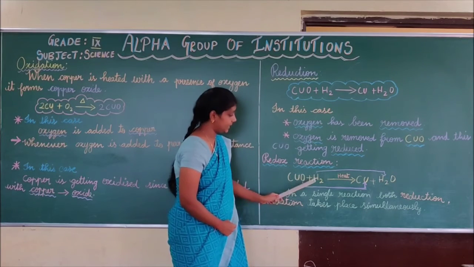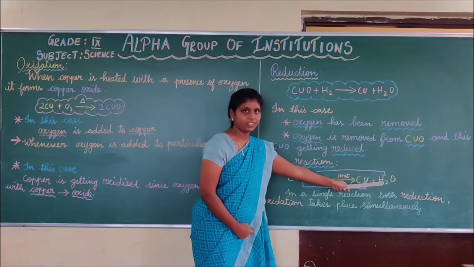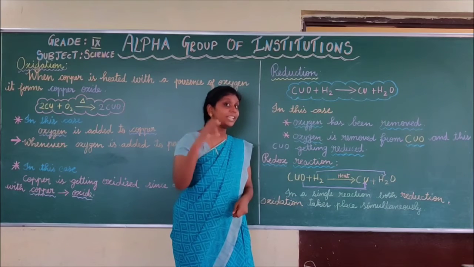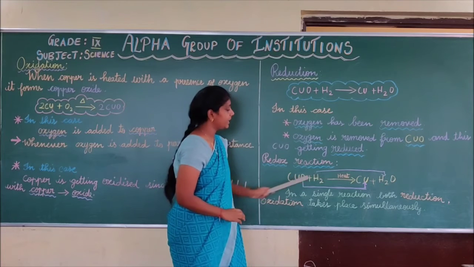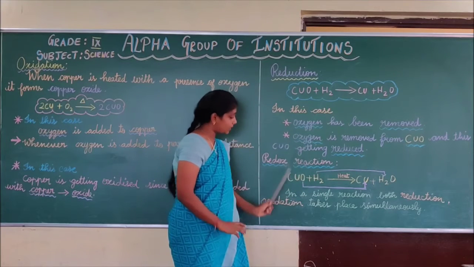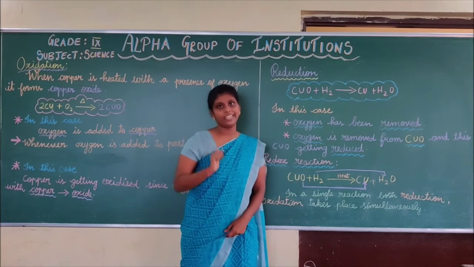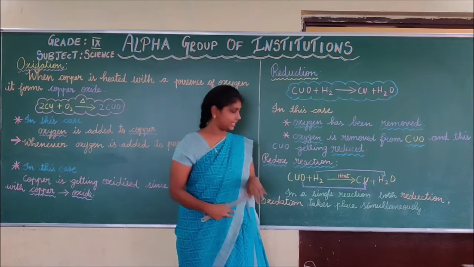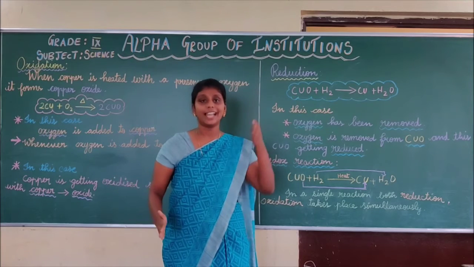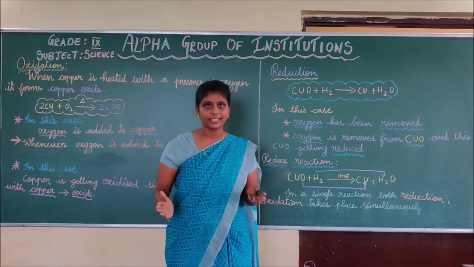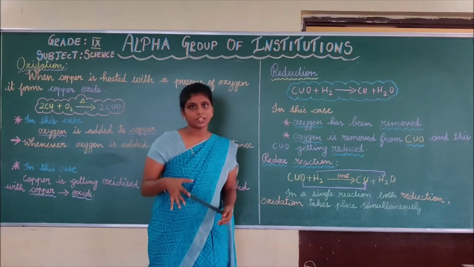Whereas simultaneously, see that the hydrogen is combined with oxygen. Whenever oxygen is added to any substance, that is called an oxidation reaction. See here, in this equation, both oxidation and reduction reactions take place simultaneously. In an equation, when both oxidation and reduction occur simultaneously, we call it a redox reaction. Do you understand what is redox reaction?